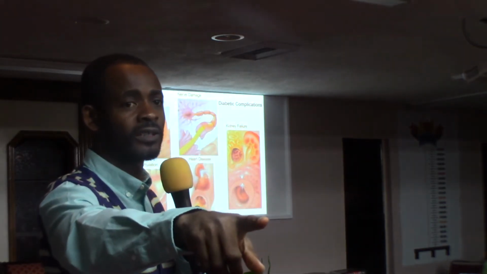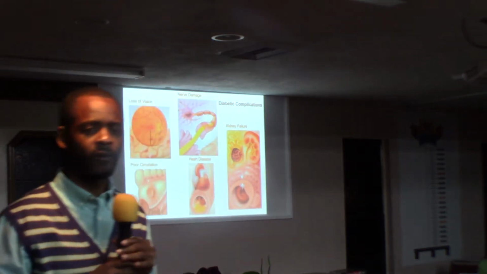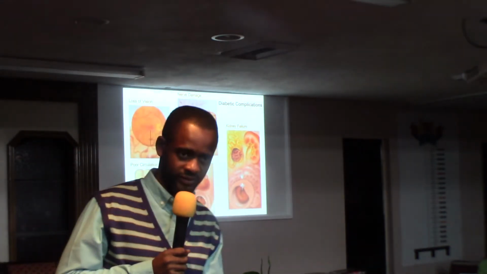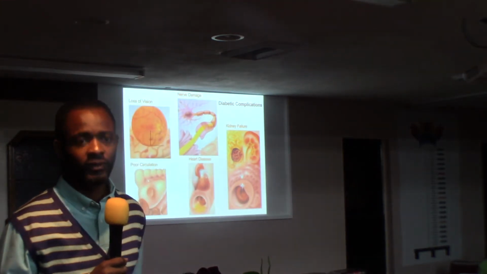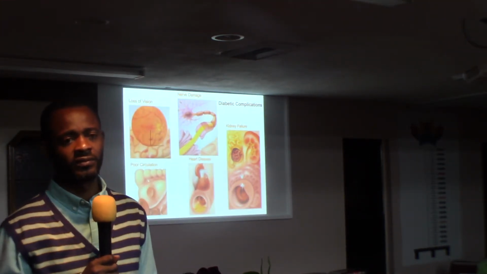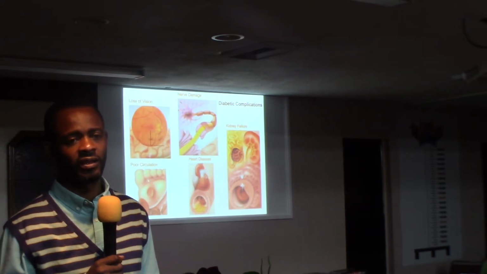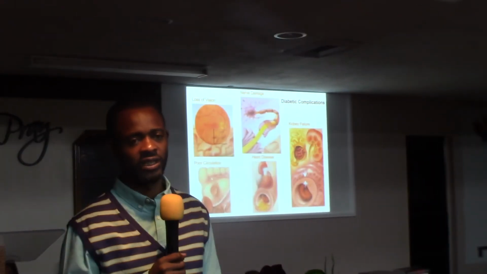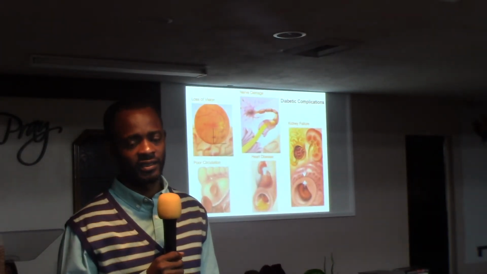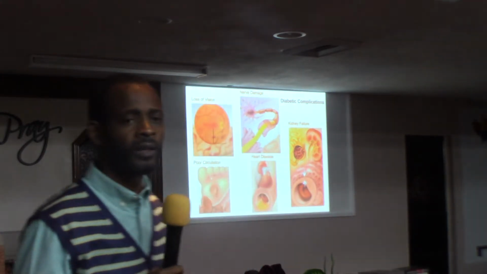There are some fruits that you can eat green and ripe. You can eat green papaya a certain way and ripe papaya a certain way. So what is the difference in what you get from it and what's the benefit? Something like plantain, green plantain or ripe plantain, you prepare it differently.